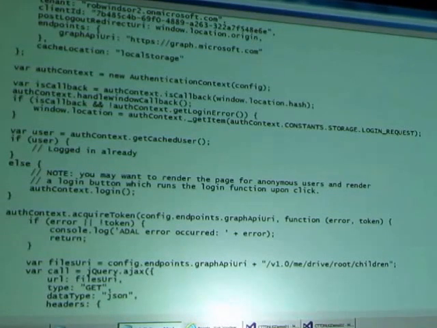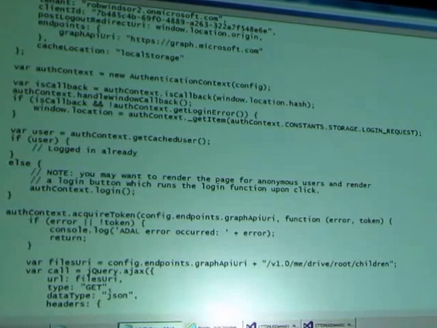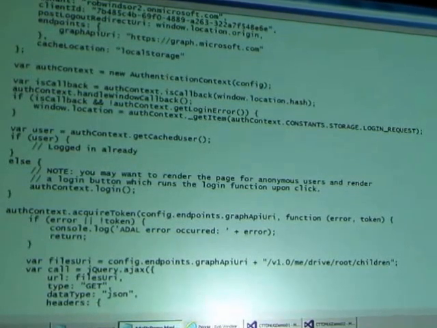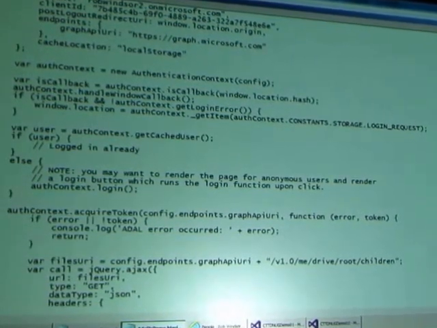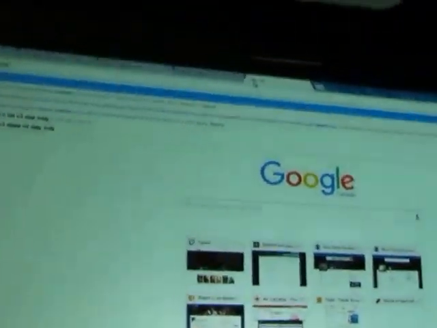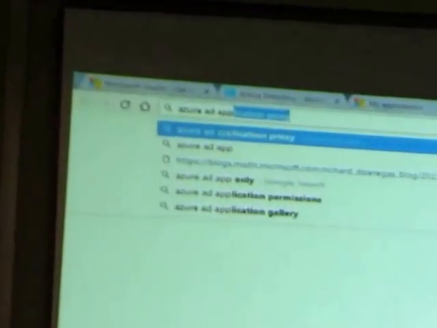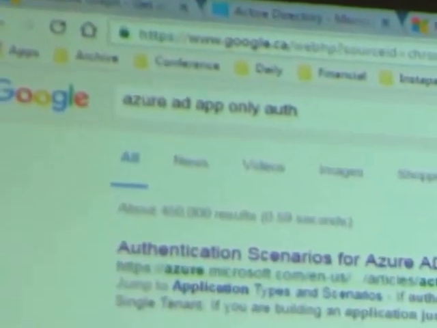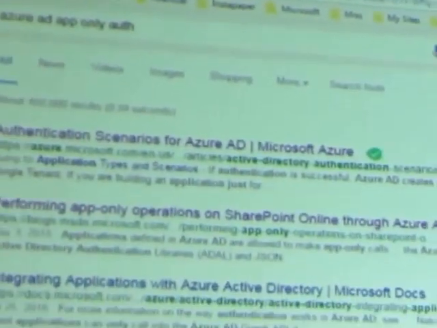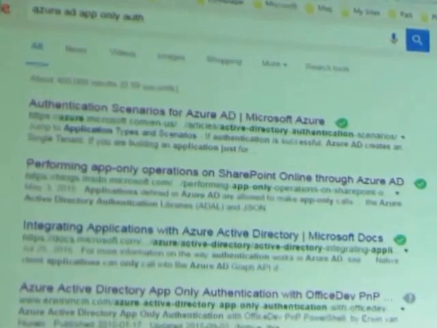So that is something you have to be aware of, especially when you're looking for knowledge base articles. So again, if I just go here, Azure AD app only auth. You'll find some stuff here. Let's see if I can find